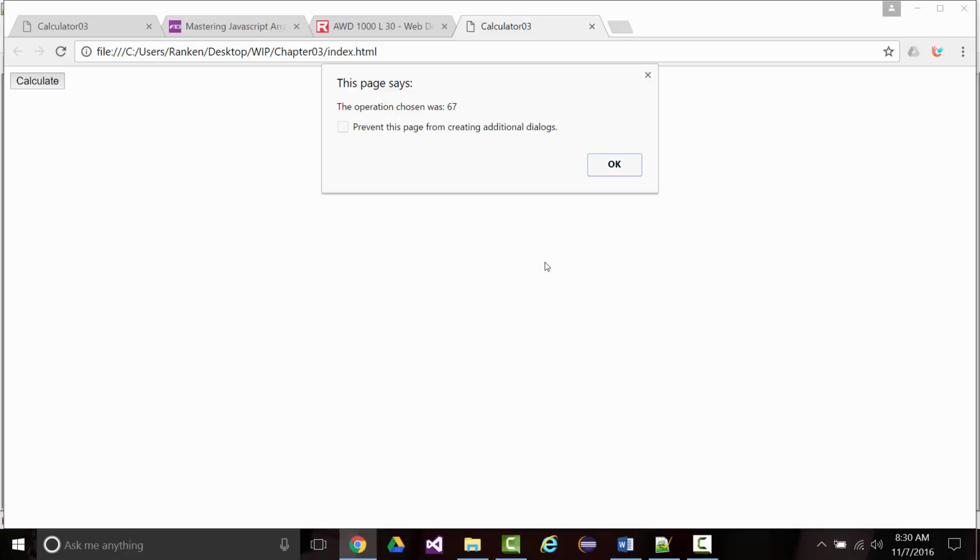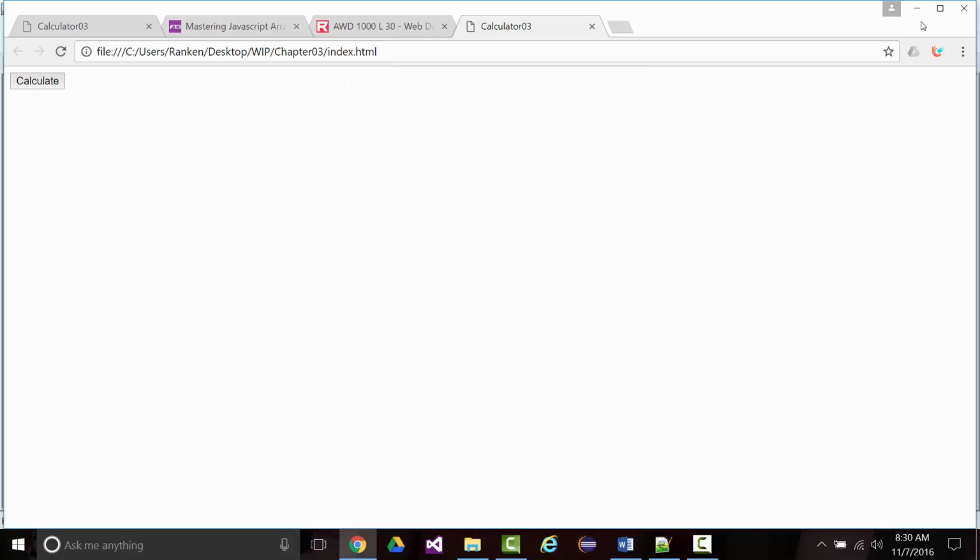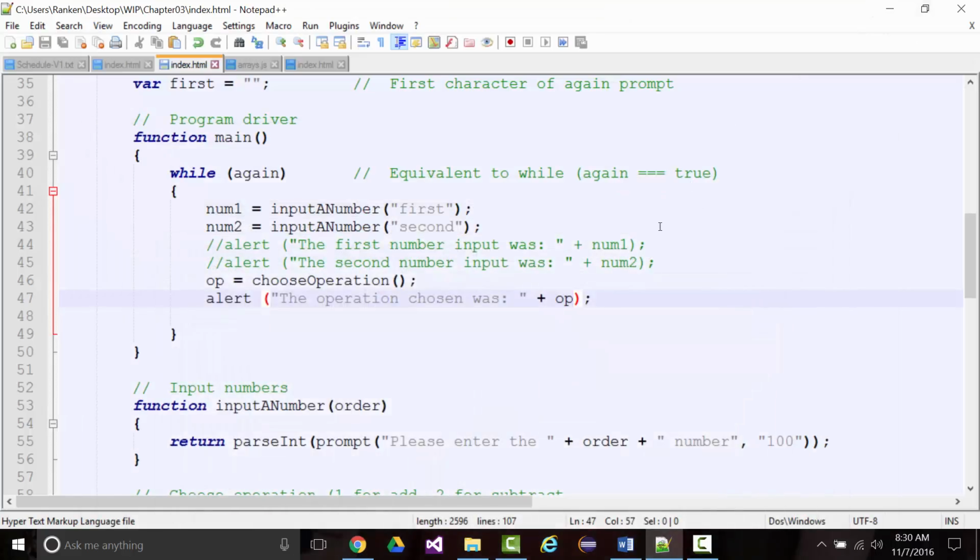But we know now we're able to enter our first number, we're able to enter our second number, and we're able to enter a code that represents our operation. Does that make sense to everyone? Because I'm just going to go on. All right? The next function is going to allow us to come in now, and it's going to let us write